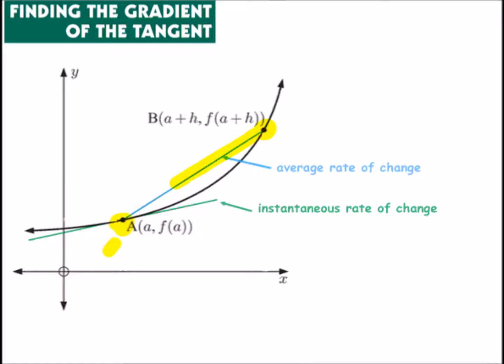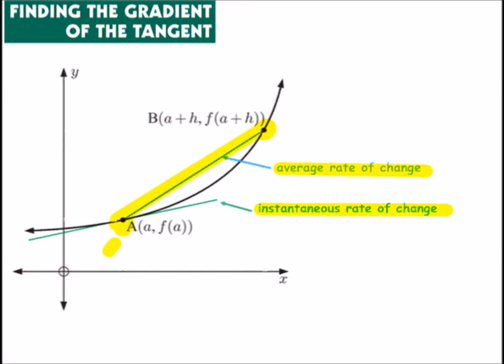What we have first up is a chord between points A and B, and we've seen before that if we calculate the slope of that line segment, we have the average rate of change. The instantaneous rate of change will be the value of the slope of that chord as B gets closer to